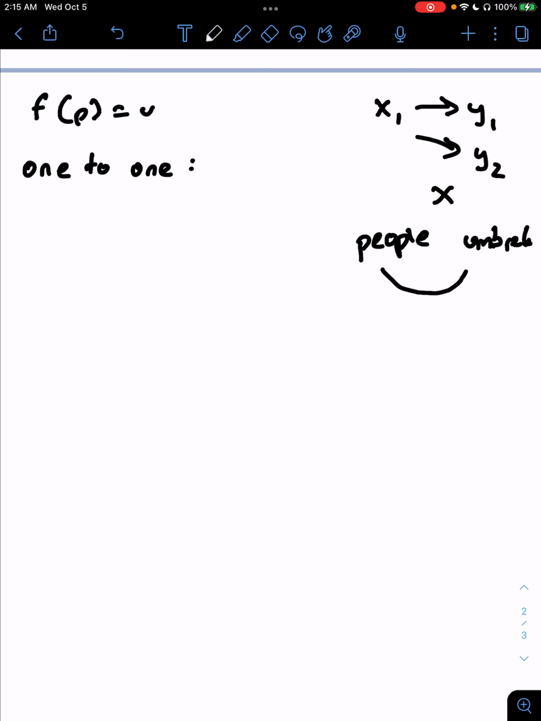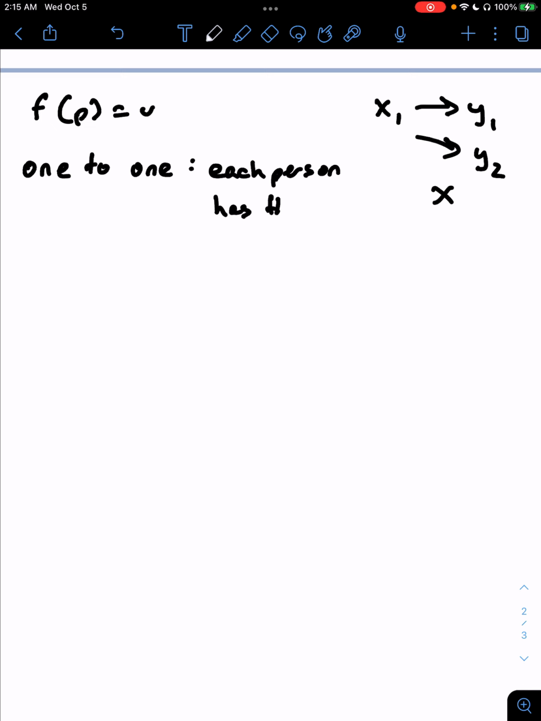So each person has to have a unique umbrella. So that's what they mean when they say 1-to-1. So 1-to-1 would be that each person has their own umbrella,